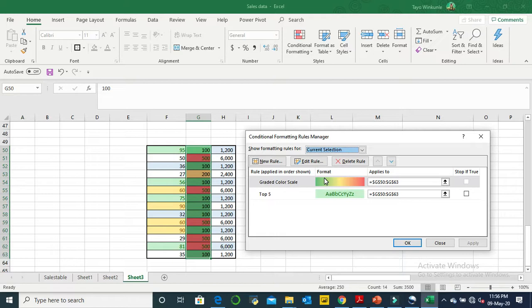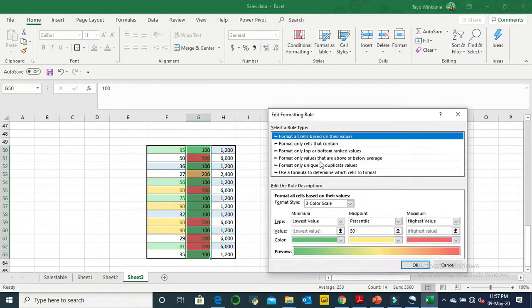Don't mind me, I just feel there's a way color speaks a lot. The moment you see red, you think it's danger, so it's better to say the poorest performing or the least numbers should be in red, and the well performing numbers should be in green. So we could change the color scale, or we could edit the rule. So we edit the rule,